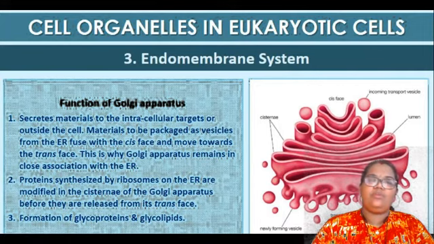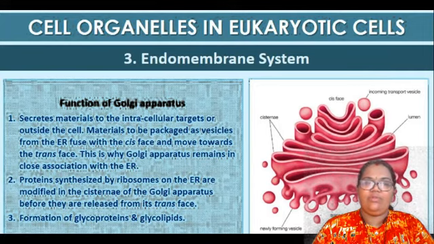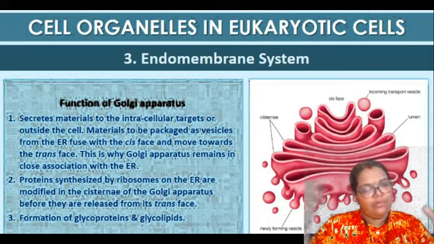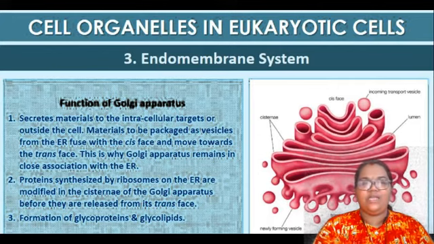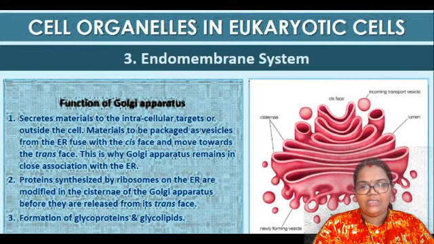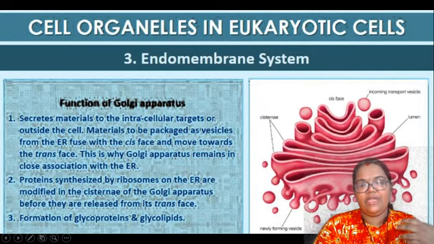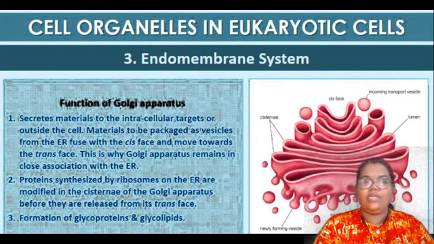That means maybe a sugar molecule will be added to that, so it will make a glycoprotein, or some more proteins will be added and it will become a polymer. So there will be some changes that occur, and at last maturation will occur, and it will reach the trans phase, right? Here you can see the trans phase, right? From there the vesicles will leave into different parts of the cytoplasm, wherever there is a need of protein and lipid, right?